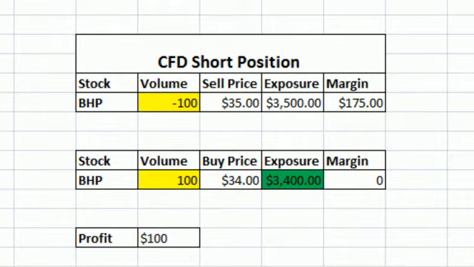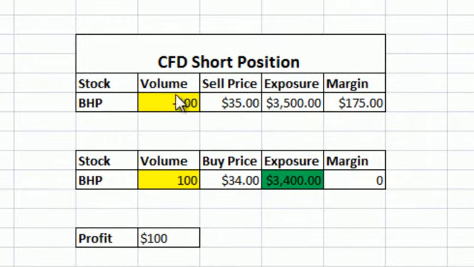Right, now to go on to a CFD short sell example for you, just to show you the logic behind how it all works. Firstly, you'll notice the yellow boxes, which is the volume of the position we'll be taking, and you can see in the first section where we're going to enter the position, you'll see a negative 100. Now, in this case, for our example, I was going to show you a short sell on BHP of 100